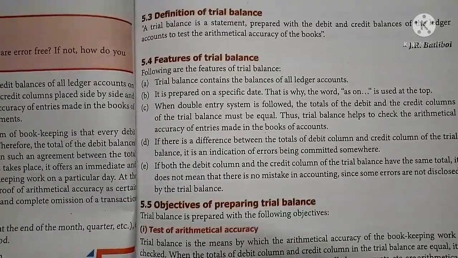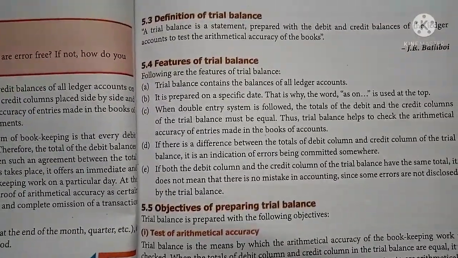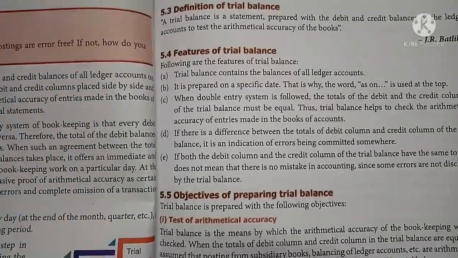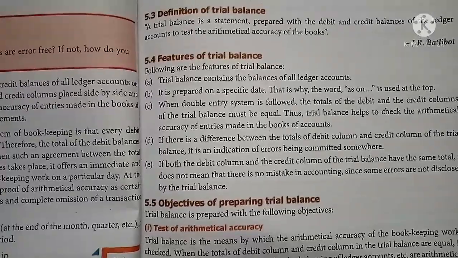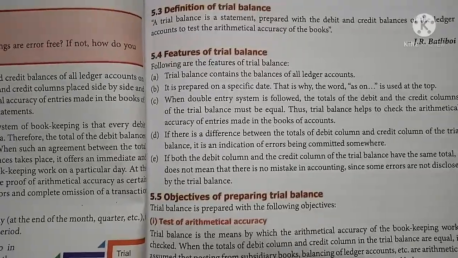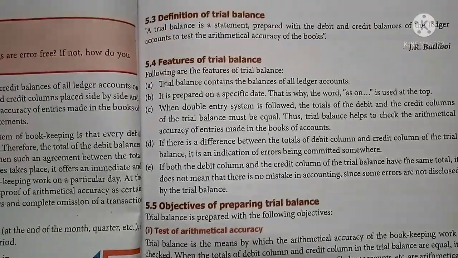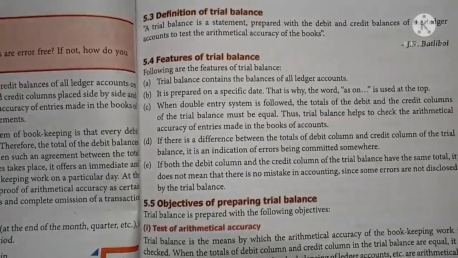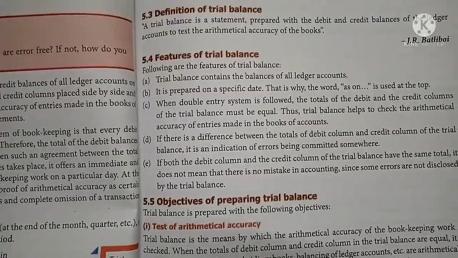This statement is prepared using one side of the ruled accountancy notebook. In the preparation of a trial balance, we should take all the balances of various ledgers, whether debit balances or credit balances, and record them on the same side, debit or credit. While totaling the debit column and the credit column, the totals must agree. Only then should we assume that the journal and ledger and the balances of the ledger are correct. So in order to check the correctness of the various ledgers in the books of accounts, we prepare the trial balance.